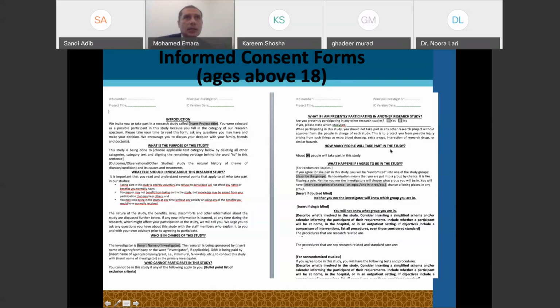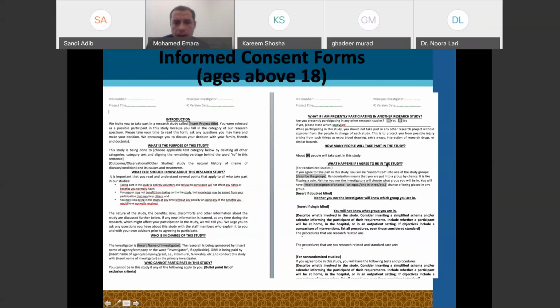How many people will take part in the study? The size, the number of people. This human subject should know how many people there are. And what is the importance of the size? It has to do with the outcome and the benefit. The smaller the number, the outcome might not be as efficient as with a higher number. This is number one. Number two, psychologically, this participant will feel that there are many others participating in the study, not only him or two others. So it makes a big difference in how the perception will be.